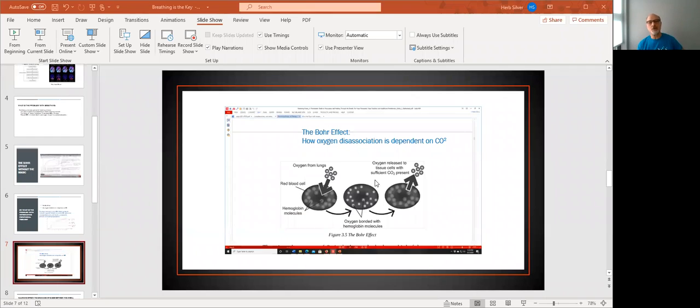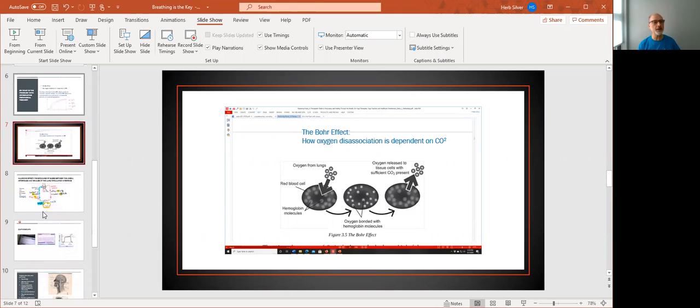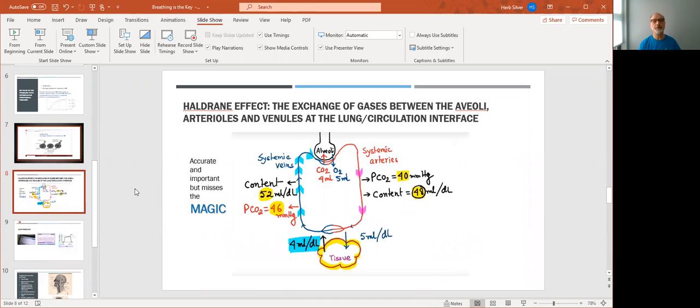So here we go, back to sharing the screen. Of course, oxygen comes in through the lungs, bonded to the hemoglobin, and then it can be released into the tissue. Here's the big deal: if sufficient CO2 is present. That's what we need to keep in mind. And here what we have is the actual pressure that's ideal, somewhere in the 40 millimeters of mercury range. And how do you get that? We will go over in just a minute.